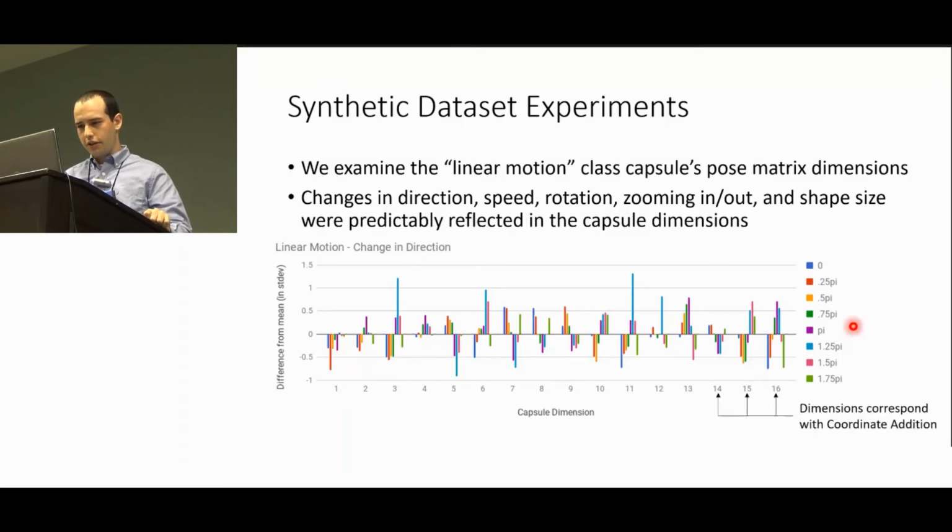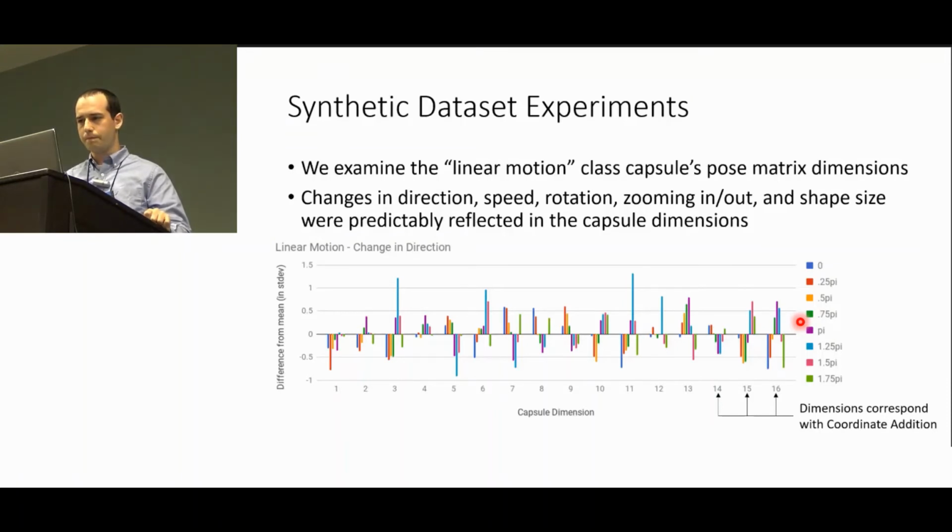And then notably, if we look at the final 3 dimensions, these are the ones that correspond with the coordinate addition. So the coordinate that corresponds with the height changes most when there's vertical motion, and the dimension that corresponds with the width changes most when there's horizontal motion. So you can see that this coordinate addition helps the class capsule maintain